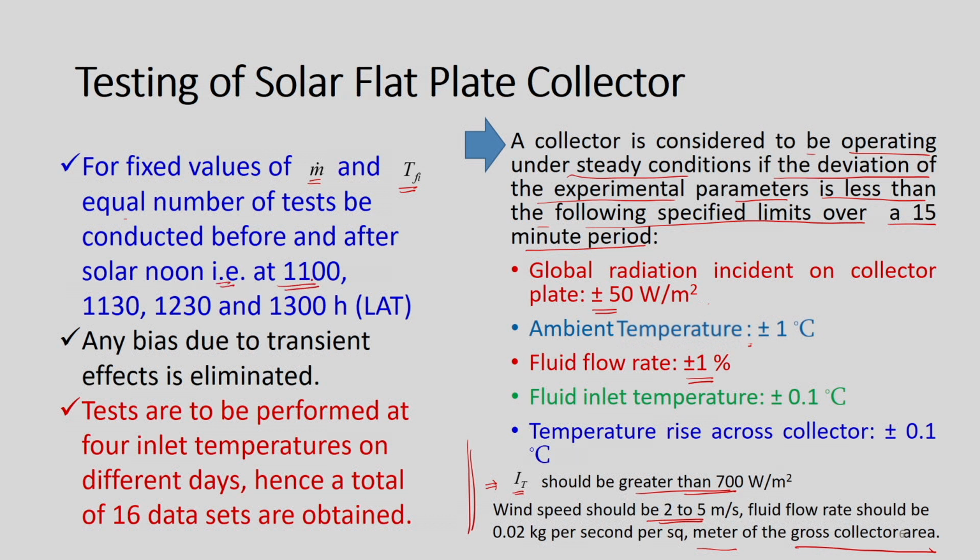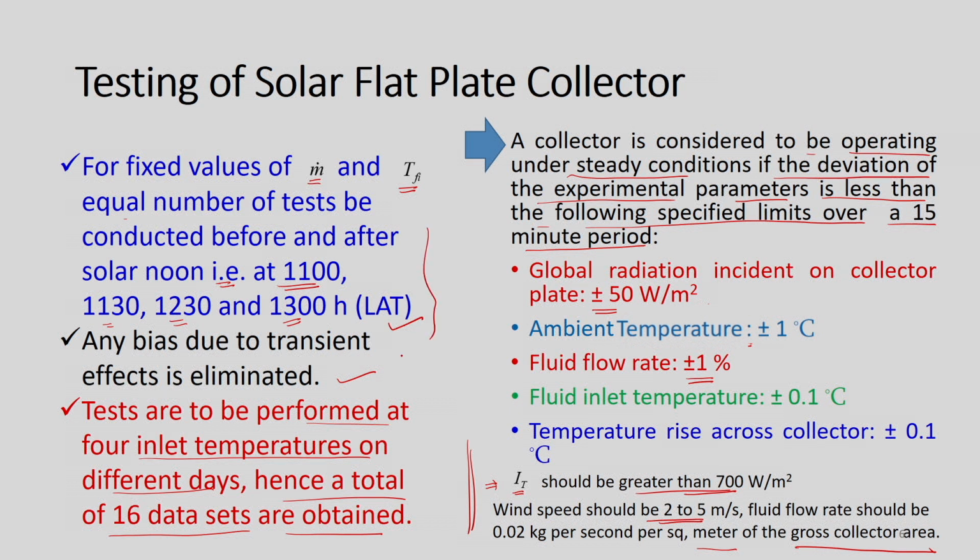So, that is at 11 o'clock, 11:30, 12:30 and 1300 hour LAT, which is solar time or local apparent time, right. And also any bias due to transient effect is eliminated, okay, during the test procedure. The tests are to be performed at 4 inlet temperatures on different days. A minimum of 4 days is required to characterize a flat plate collector. Okay. So, hence a total of 16 data sets are obtained, right, if we perform for 4 days during the